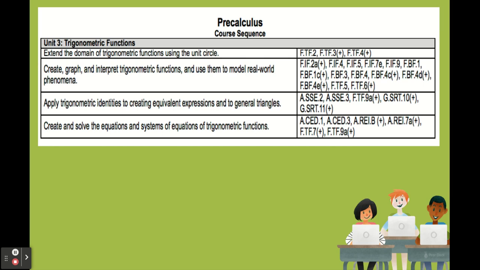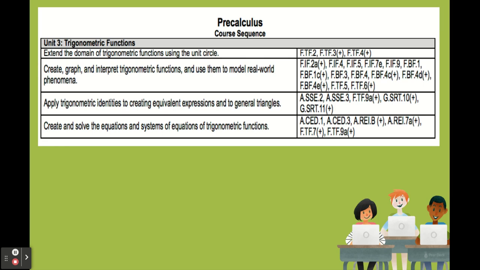And on that unit circle, those degrees, those radians, they equal specific coordinates. So just understanding, hey, if I have the tan of 30 degrees, it's pi over 6, or pi over 3, pi over 2, and then that equals a coordinate. So you'll have to get an understanding of what the unit circle is. I would say just Google the unit circle so you can see it, and then you can work through problems from there. Then it says create, graph, and interpret trig functions and use them to model real world